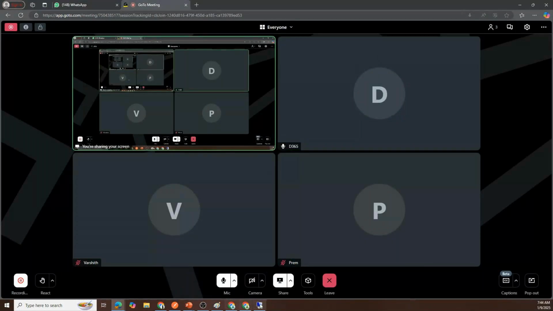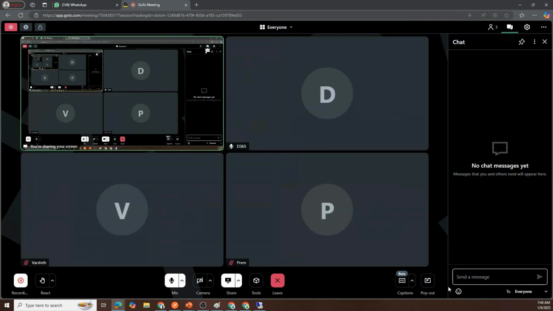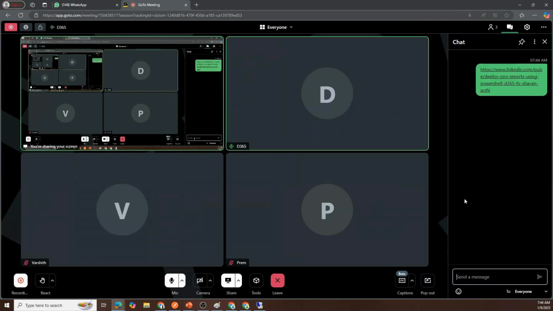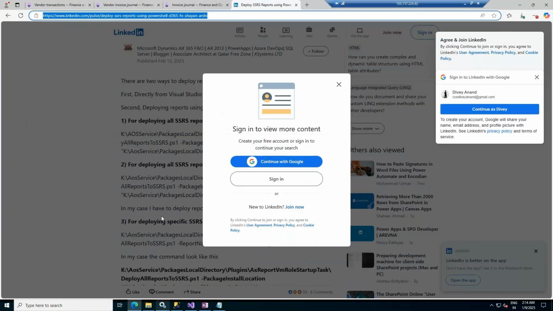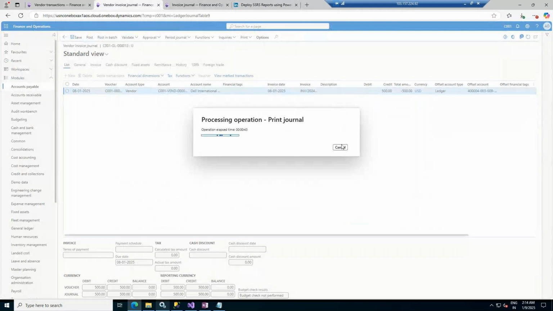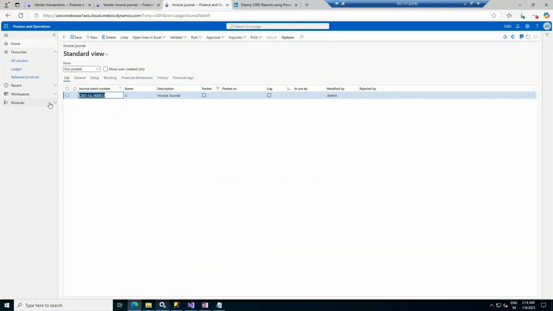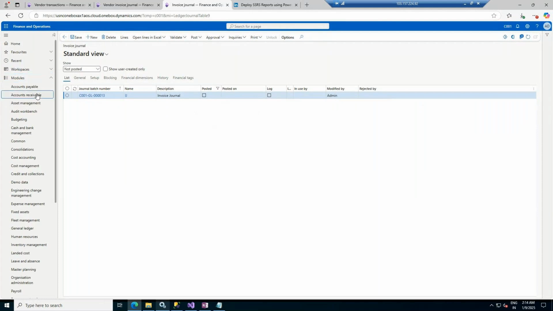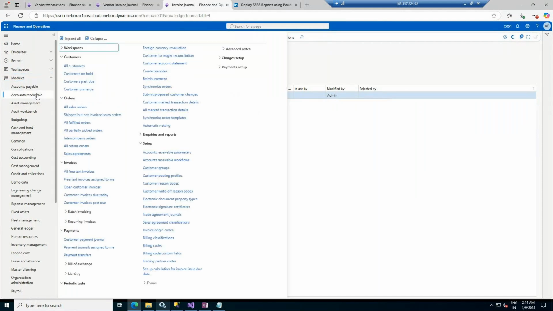Let us go to the chat section. Where is the chat? So over here, let me copy paste. So this, keep it with you, and run it in the PowerShell command so that in your machine the report can be run. So the report is fetching, the report is running. Let it run. Similarly, if you want to do it with the customer also, there is an invoices section